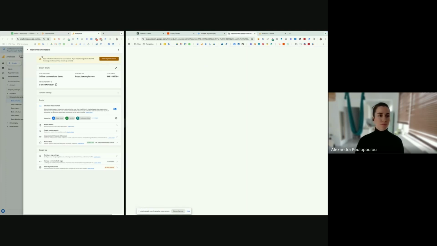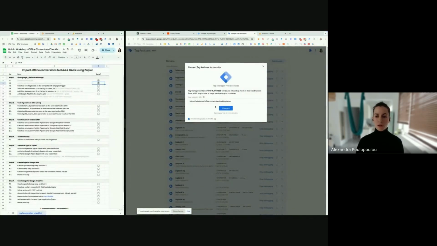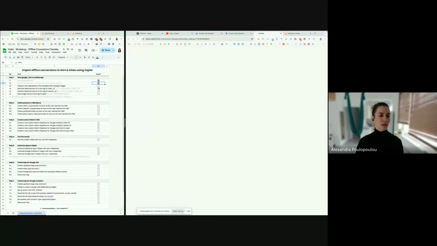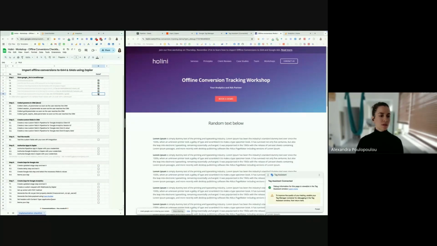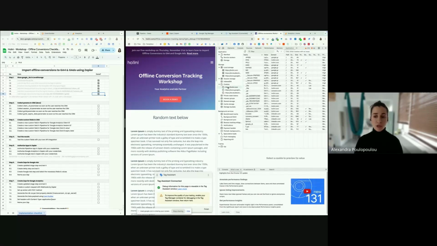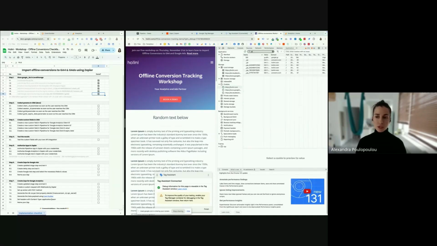Let's preview it. Hopefully it will work. Let me also check here the steps that we did. And here we have our demo page for this workshop. Let's discuss a bit what we are doing here, and we are going to the cookie section and actually what information we are storing in the local storage.